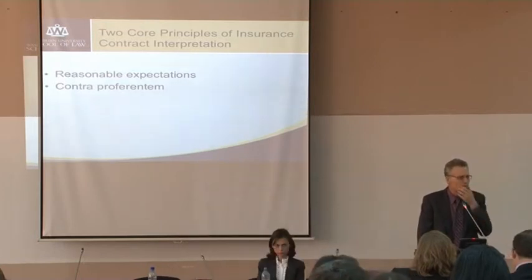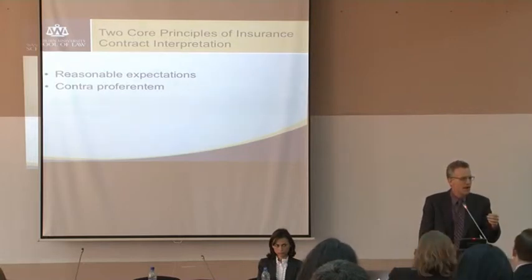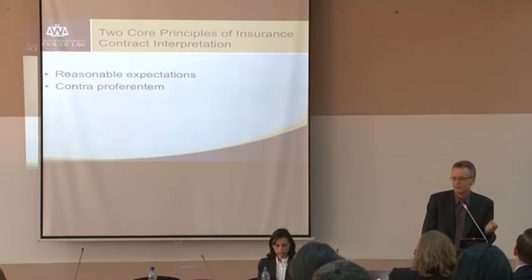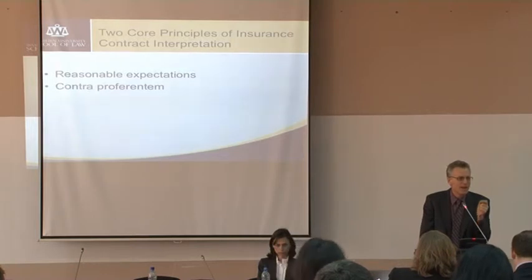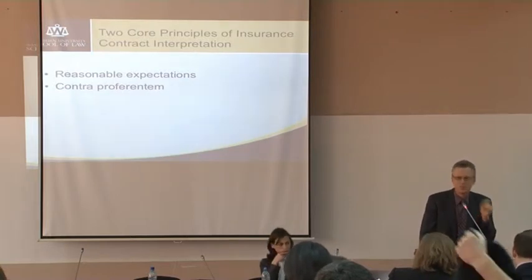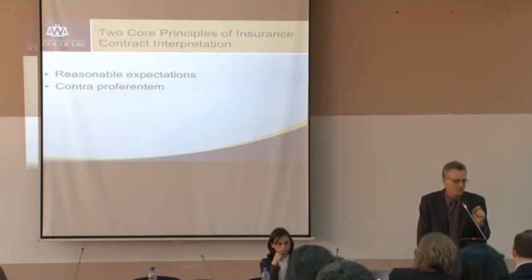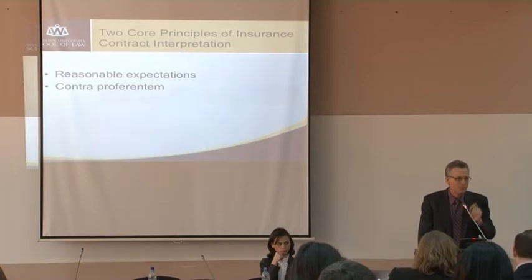The theory of this rule is that the insurance company, as the drafter of the contract, was in the best position to write it in a clear way and failed to do so. When I was practicing insurance law in the United States, I worked on a case where a little mistake like that in drafting a contract ended up costing insurance companies upwards of $2 billion, because they thought they had carefully drafted a policy insuring asbestos manufacturers, and they hadn't, and it was a little $2 billion mistake.